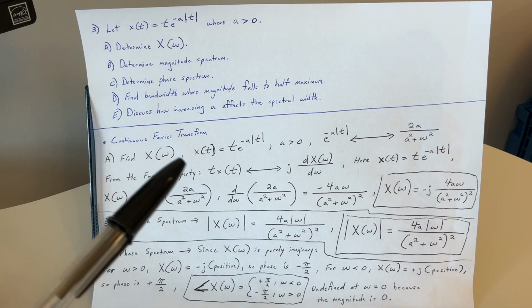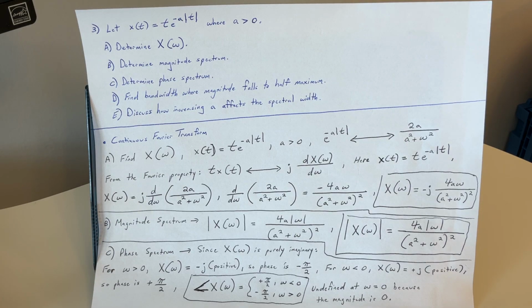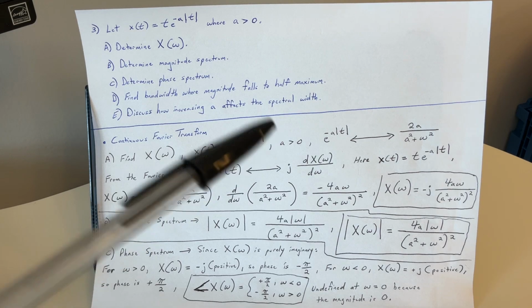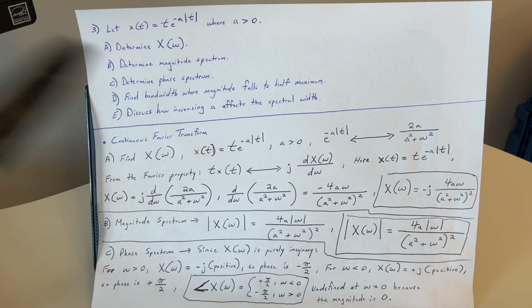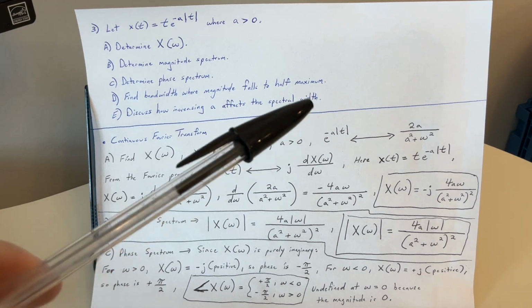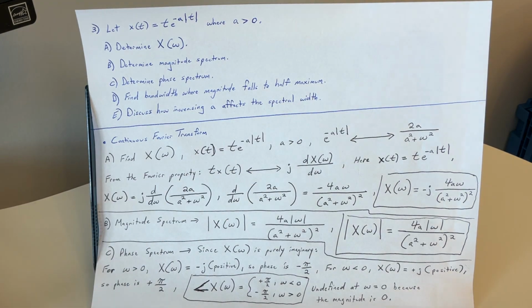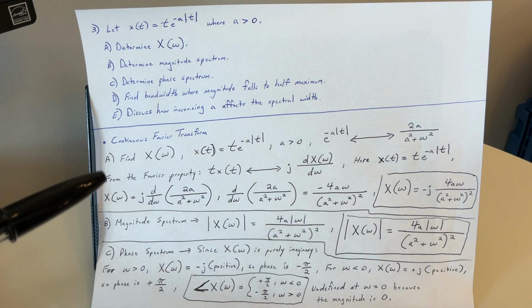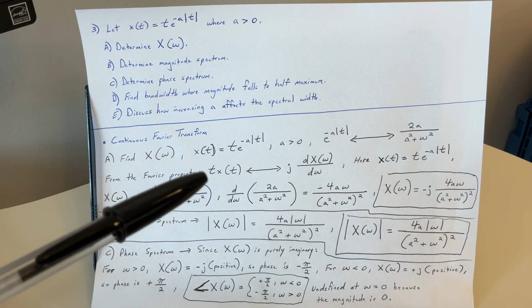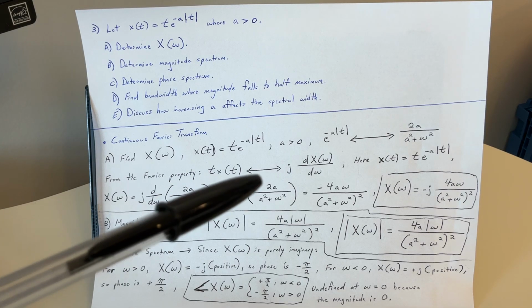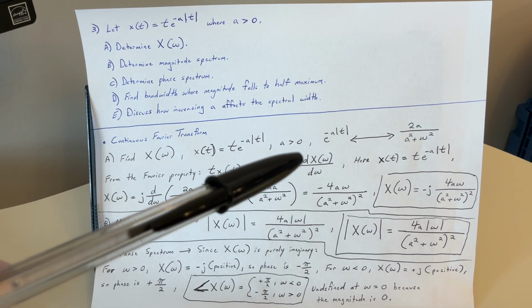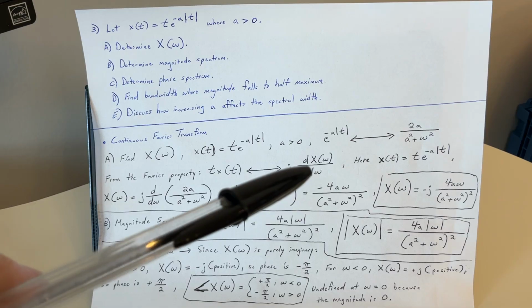So to find X of omega, x of t equals t e to the negative a absolute value of t, where a is greater than 0. e to the negative a absolute value of t transforms to 2a over a squared plus omega squared. So from the Fourier property, we get this transformation: t x of t transforms to j dX of omega d omega,